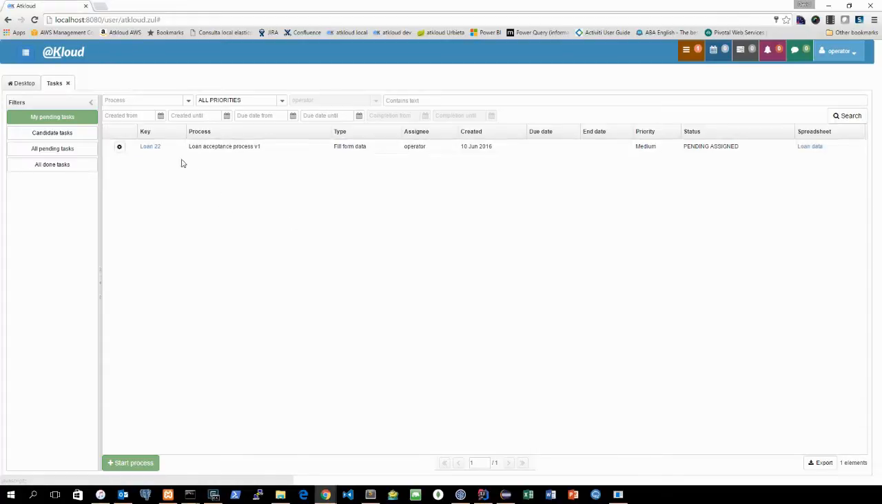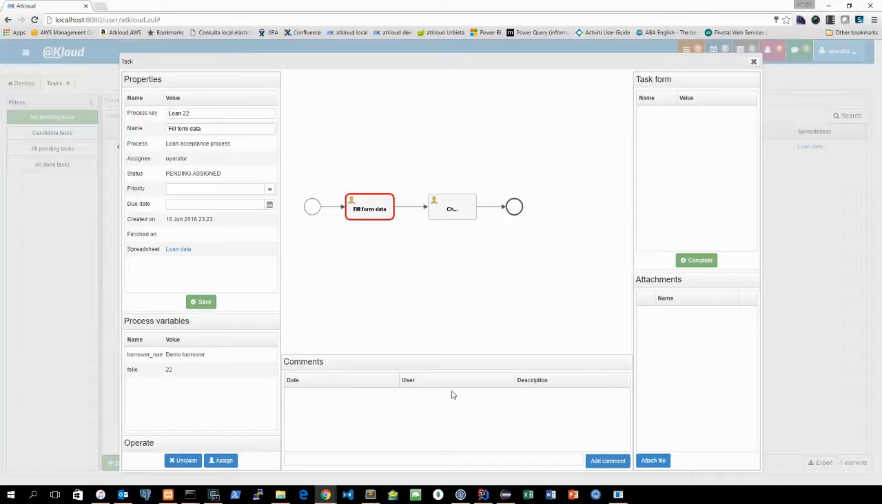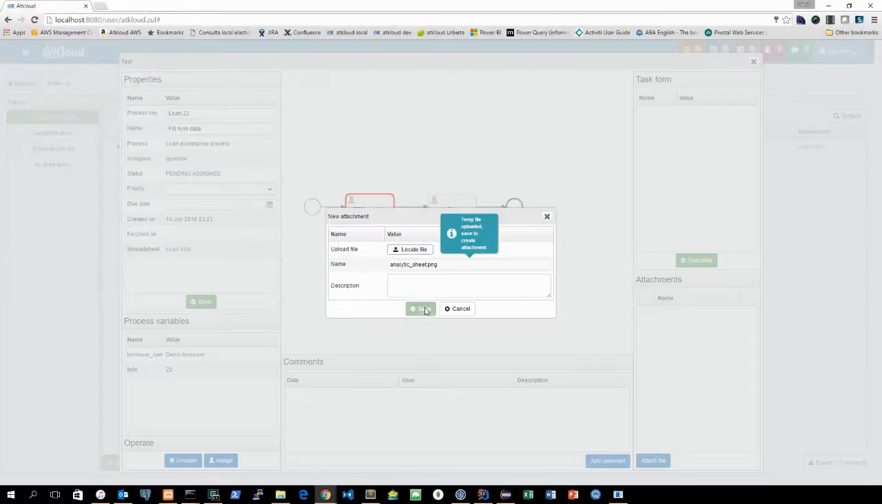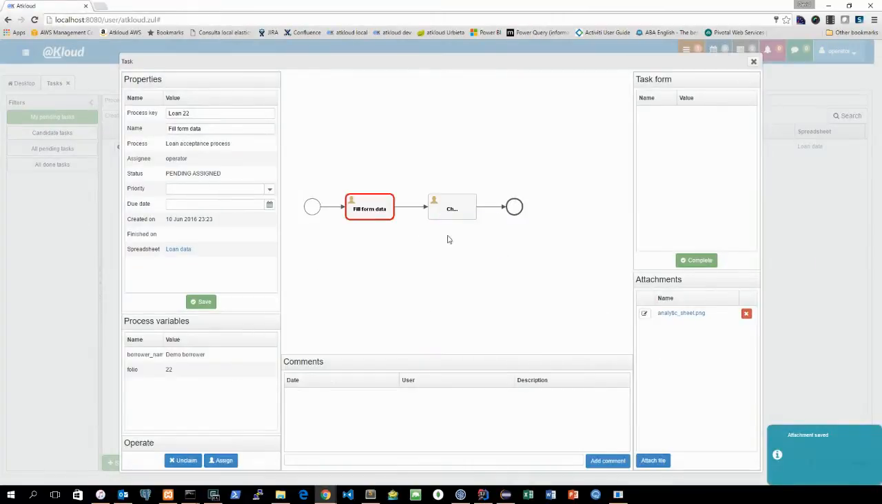We can operate directly using this button, or we can open the task properties page. This task properties page allows us to change information like the process key or the name, or apply a priority and due date. We can also attach files that will be accessible from the task, and we can also complete the task, or add a comment to the task. When we complete the task,